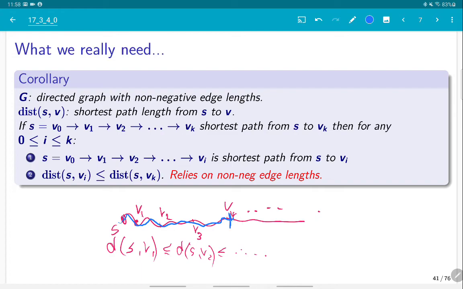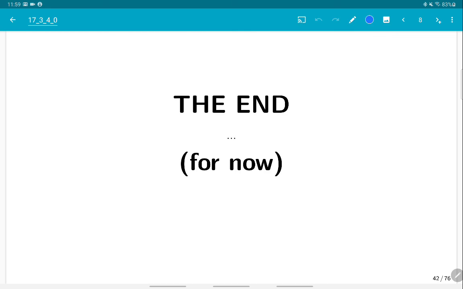And of course, this follows immediately from the previous claim. And this is the property that we'll need, right? So a prefix of a shortest path is a shortest path. This is the easy way to remember this observation that we need. And at some level, this is all we need to make a shortest path algorithm efficient, which is kind of